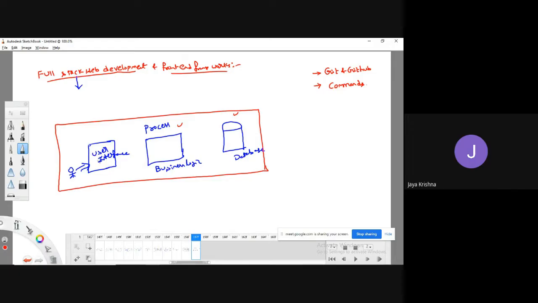Through the user interface, the user will interact. Based upon that, the business logic will activate its corresponding code, and it decides what data to get from the database. It also decides what data needs to be pushed into the database, based on the given input by the user.